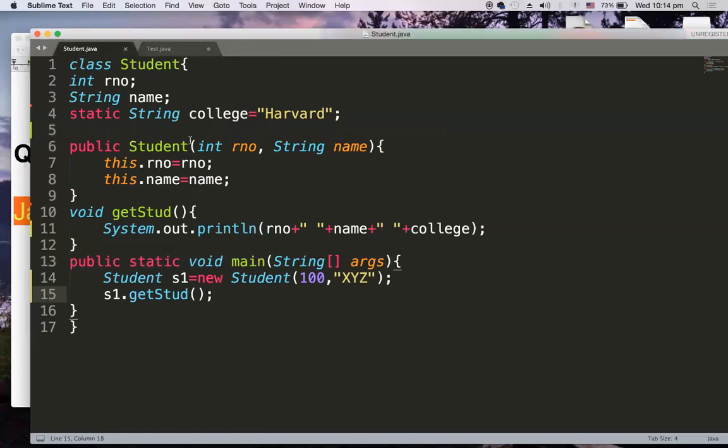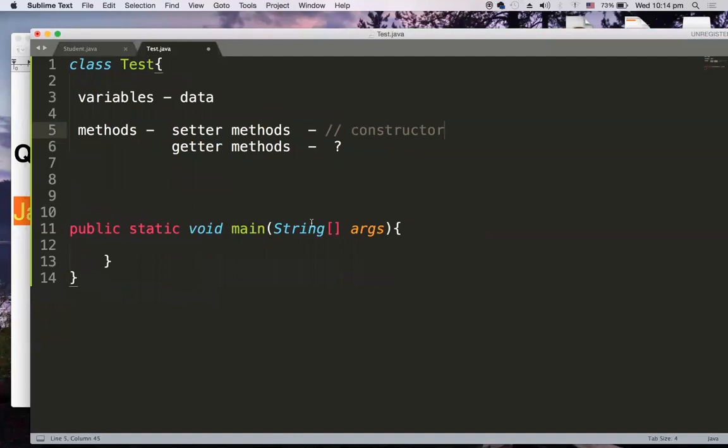We can eliminate that setter method with the help of a constructor, because whenever you create an object, a constructor is required. So just write a constructor and set these values so that you don't require a setter method. The setter method can be replaced with a constructor so that you can manage the code efficiently. At least we can reduce one method. Can we do that with getter methods also? If you want to eliminate getter methods, how can you eliminate them?